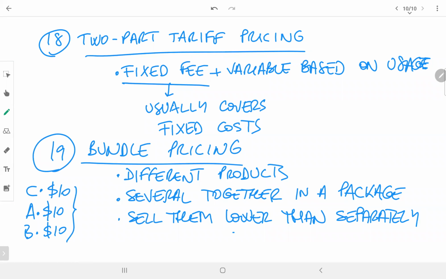But together in a very nice package, you can have them all for $20 or $25. That's bundling. Different products together in a package, and the total price is lower than if you bought them separately,